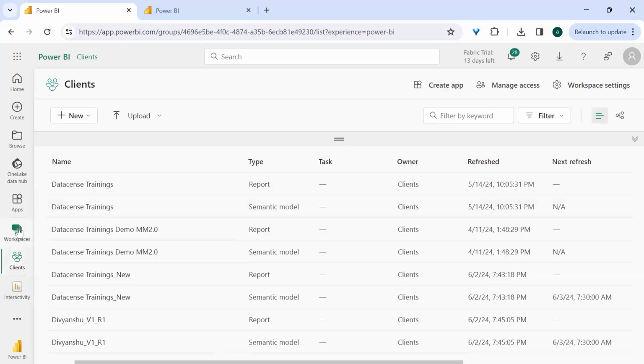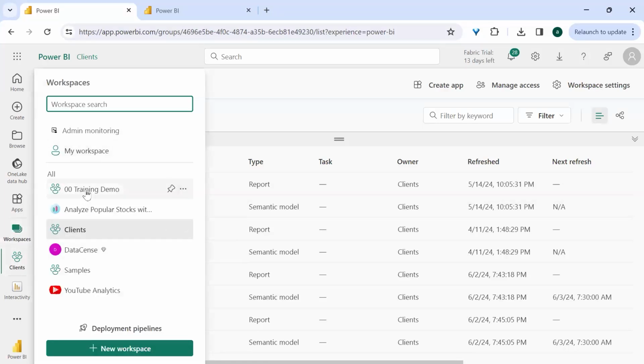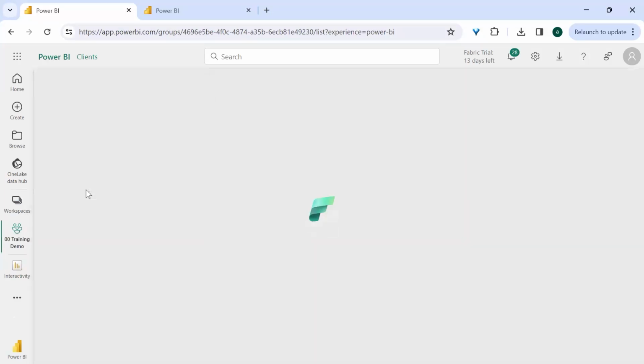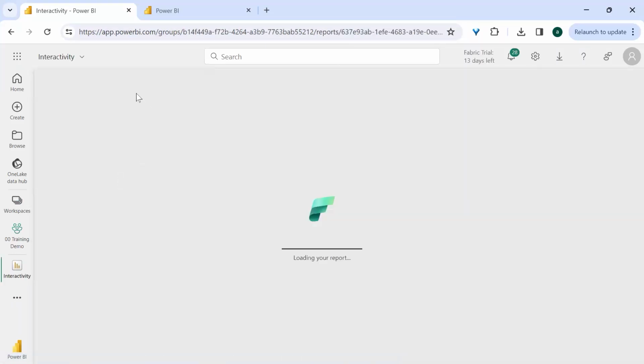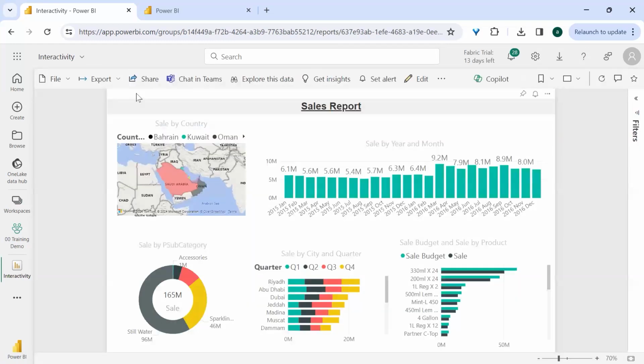Let me go to training demo. You can share your report for public. Like anyone with that link will be able to access it. It is not safe for the organization. Okay. But small organizations like us, okay,